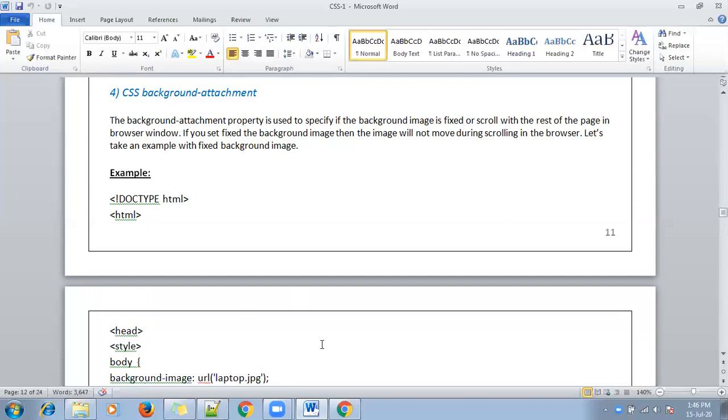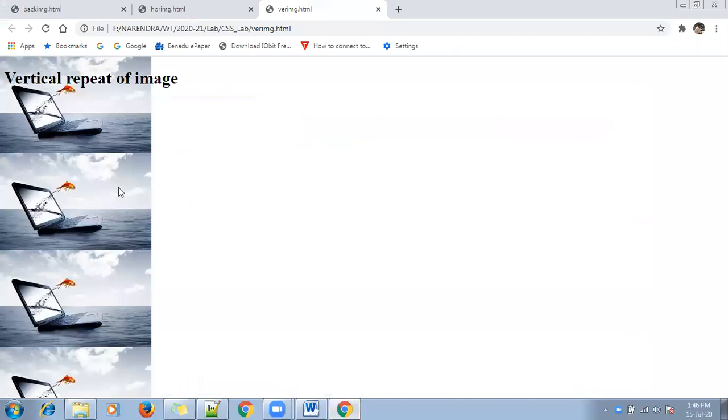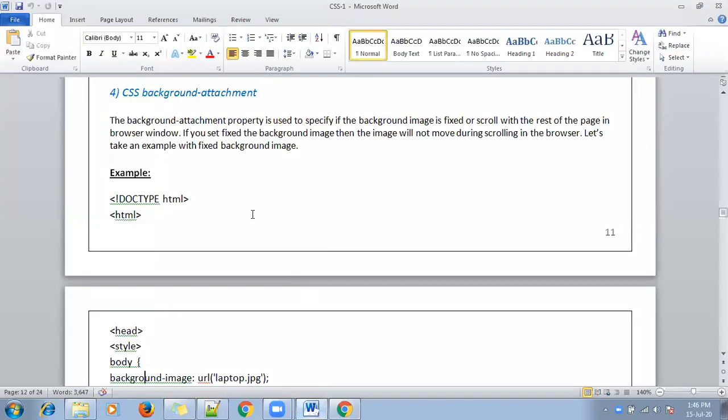That means if you have an image in your browser and you specify the attachment as scroll, this image also will be scrolled along with the web page. If you specify fixed, this image will not be scrolled. That is the actual idea of background attachment.